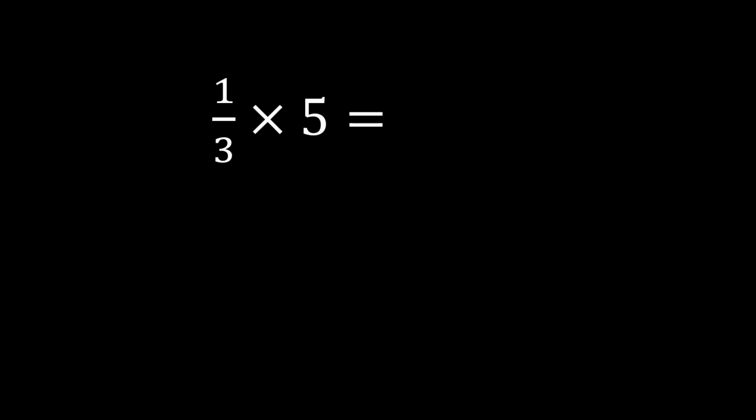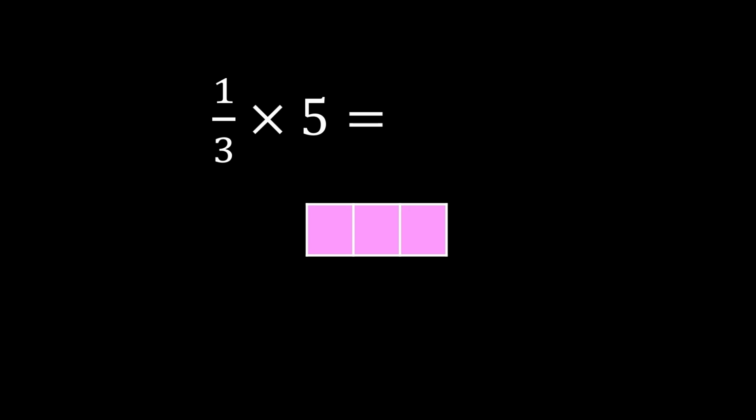This example is 1/3 times 5, so 1/3 5 times. And I'm going to start my model by drawing a whole and dividing it into thirds. Then I'll shade in 1/3 one time, two times, three times. I actually need 1/3 five times, so I'm going to need to draw another whole, dividing it into thirds. And I'll shade in the first third here, which makes 4/3, and I'll shade in one more, which gives me